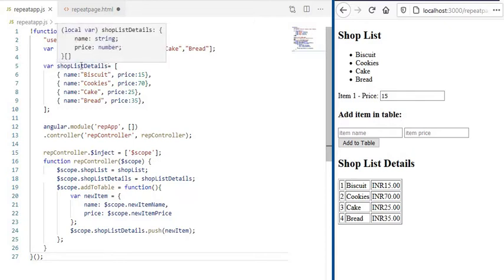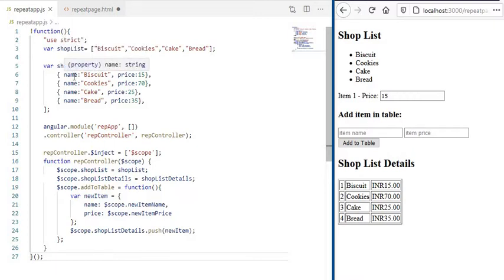But this shop list details array contains four elements, and each and every element contains two sub elements. So here a group of elements are stored in the shop list details array.